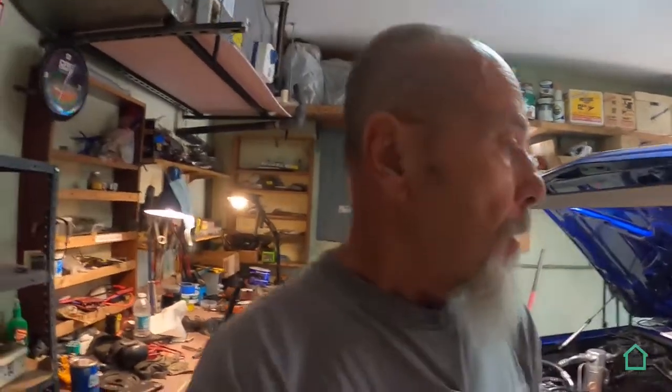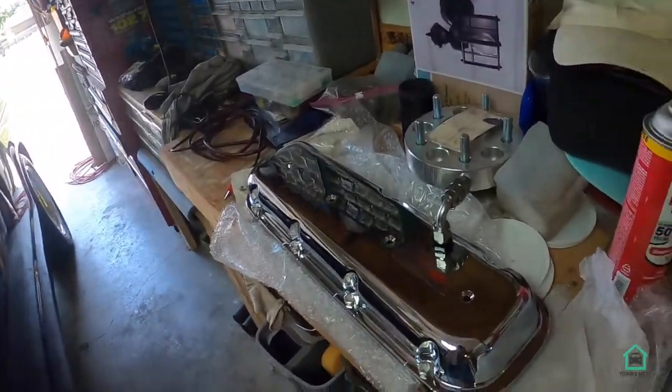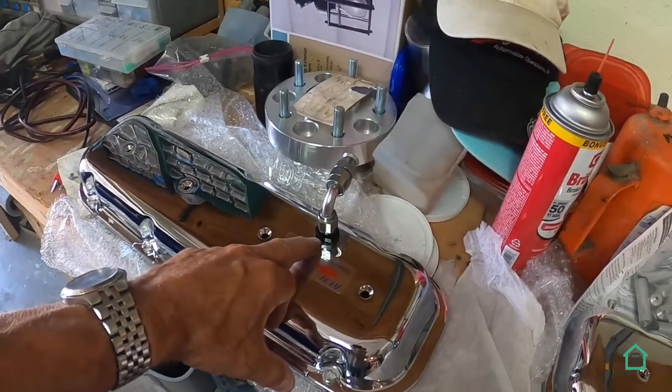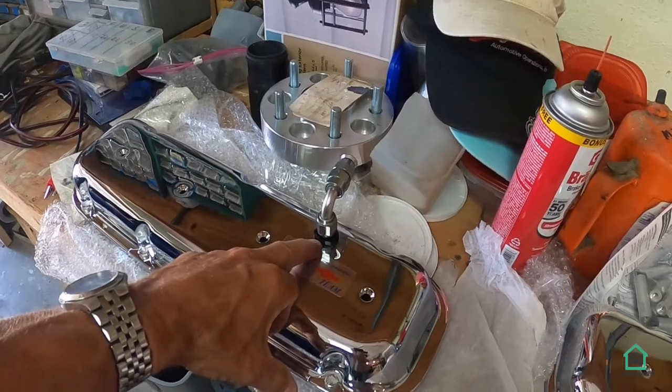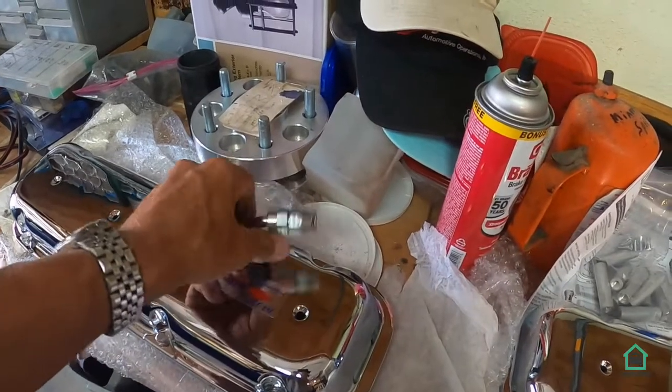Okay. After some searching on the old interwebs and the Lokar website, I did see a couple of instances of people that have drilled and tapped the valve cover. So that's what I decided to do, and I can show you a little bit of that. Over here is the valve cover itself, and that's what I have done. I drilled and tapped the valve cover with a half-inch NPT thread, and basically threaded it in, and a 6AN